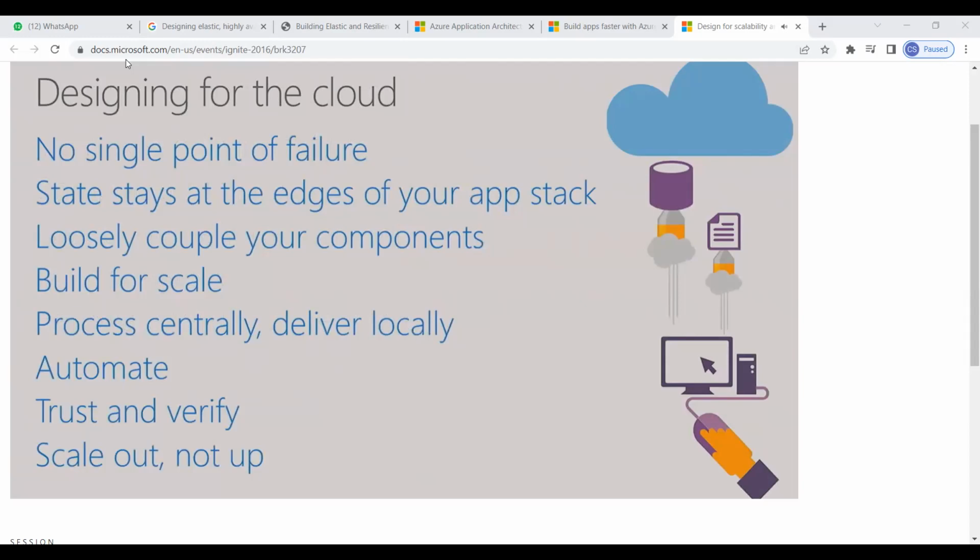I run into this one all the time when I'm talking to people, and everyone conceptually gets that, right? If you've got one machine, we've been doing this for years on premises, you always have two machines, and you link them together to make sure you have no single point of failure. Remember that it's not just the virtual machines you need to think of, it's everything in the infrastructure that you're building. We'll talk later on about how to make sure you don't have single points of failure in storage. When you think about what you're doing in networking and load balancing, so you have no single points of failure. It's no single points of failure throughout your entire stack.